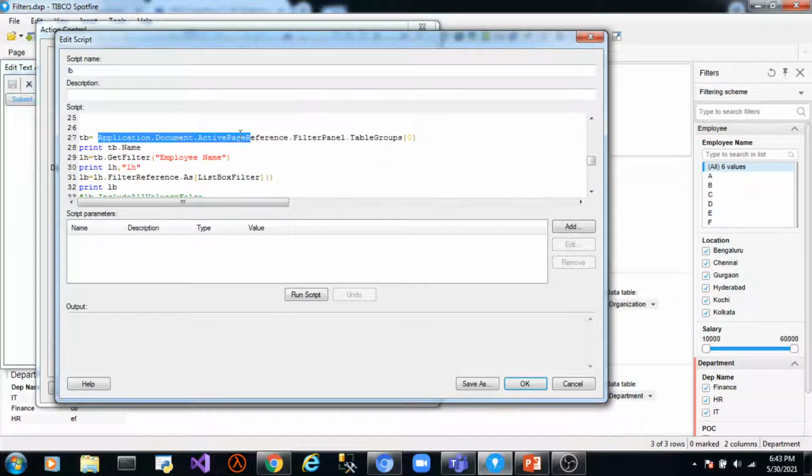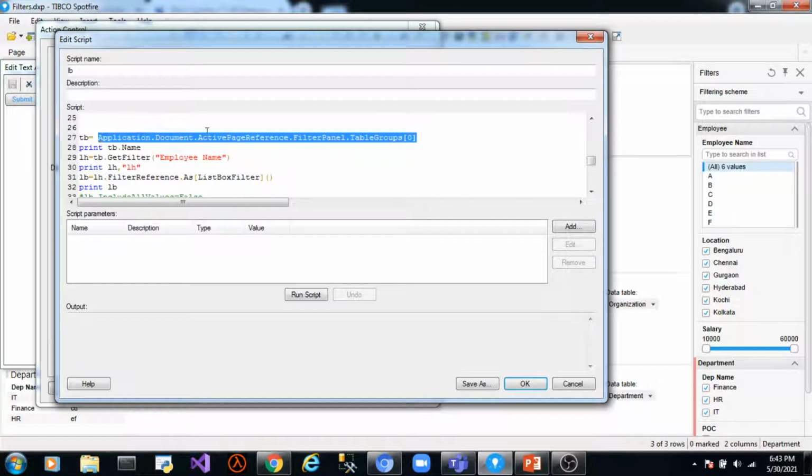So this is how we access the instance of a table group. Since employee is located at the first location, we use the index 0 to access this table group. Application, document, current page, filter panel, and then table group. This is the hierarchy which we saw in the last session.